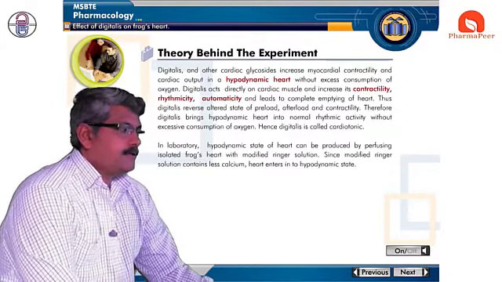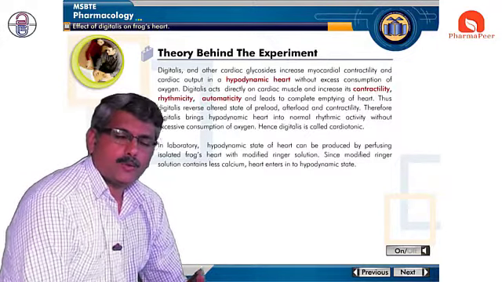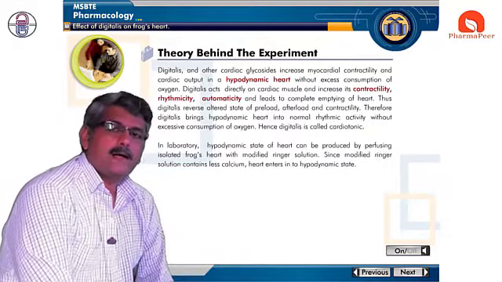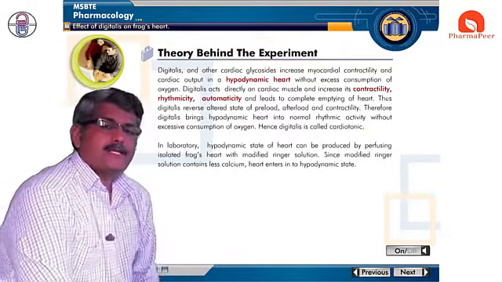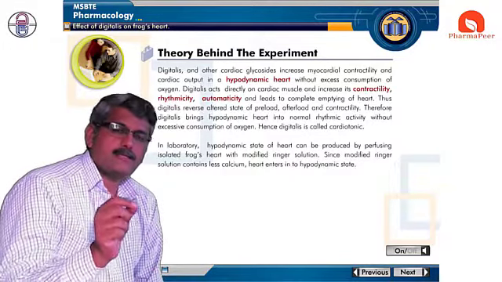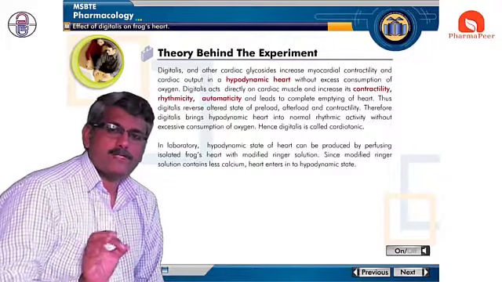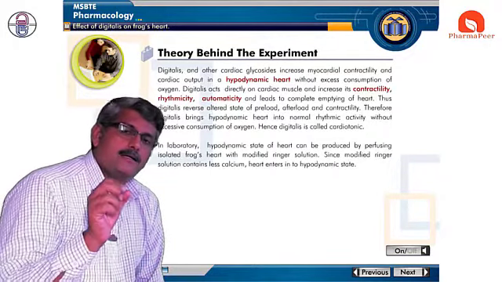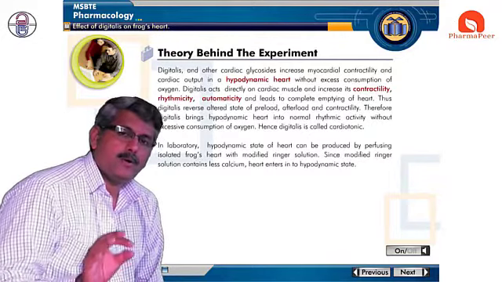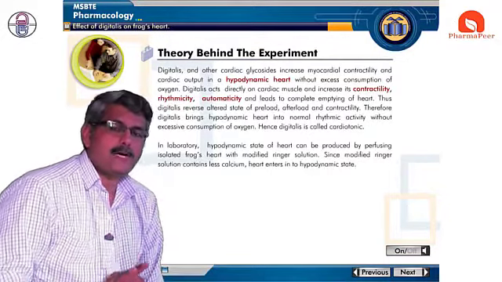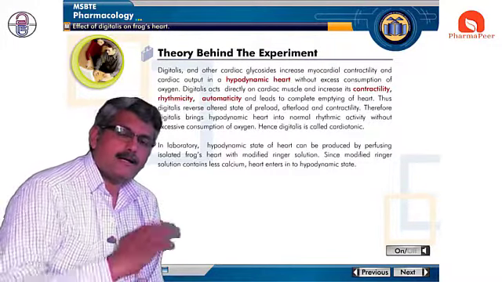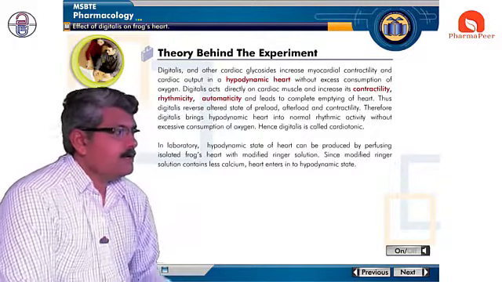Yes. So in this slide, we get a complete idea of how digitalis works as a cardiac tonic. In the initial slide, we saw what the cause is. We found the cause, that is the hypodynamic state of the heart. What is meant by hypodynamic state of the heart? The cardiac activities get reduced due to conditions like preload, afterload, or a decrease in myocardial contractility. These are the three reasons because of which the heart enters a hypodynamic state.